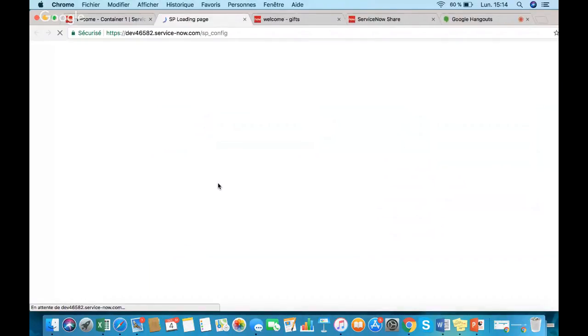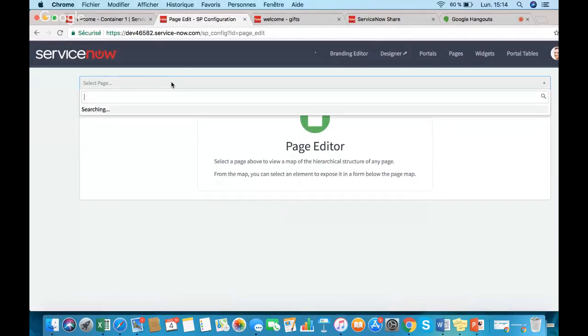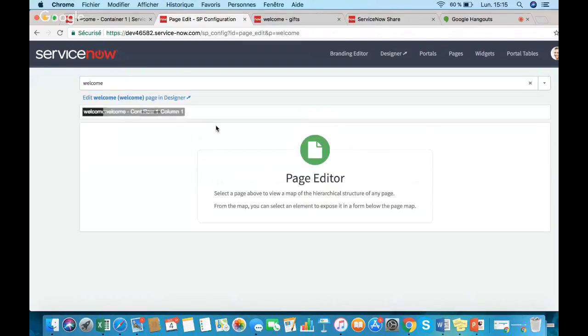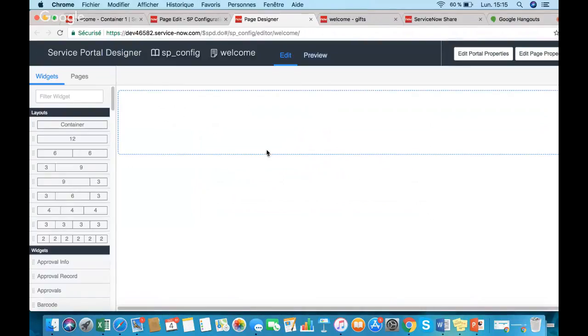So here we are going to configure our welcome page. In page editor, we search for our welcome page, and we are going to configure and edit it in the page designer. Do you remember that in the page editor, I created a container? This is the container that I have created. To use widgets, we have to create containers that will contain the widgets. And here we have